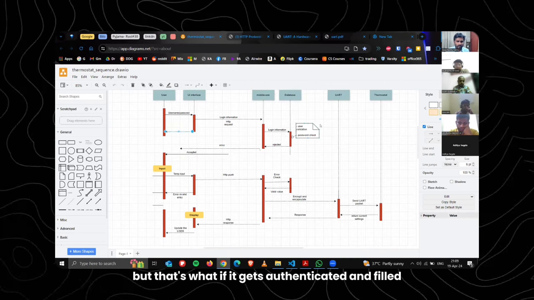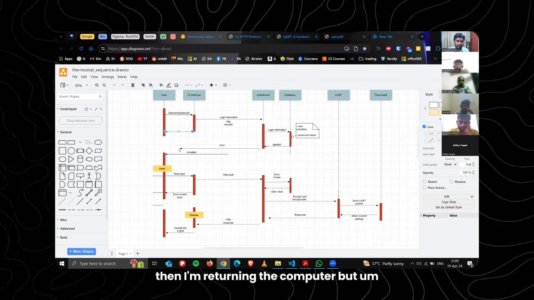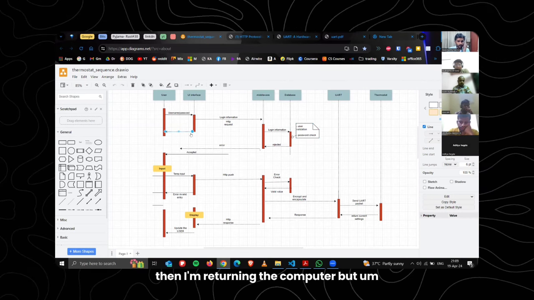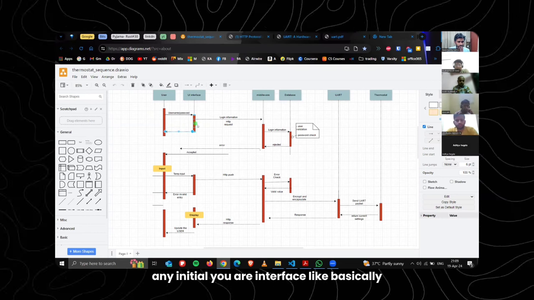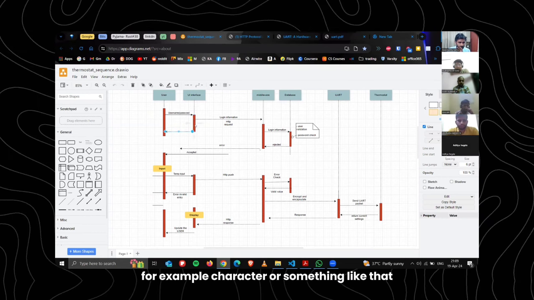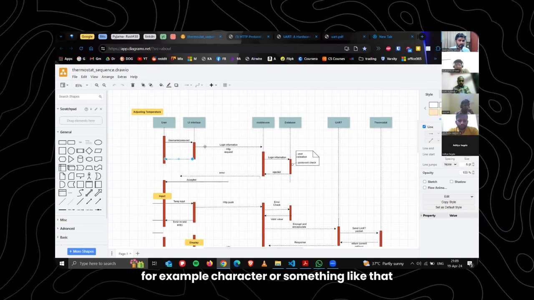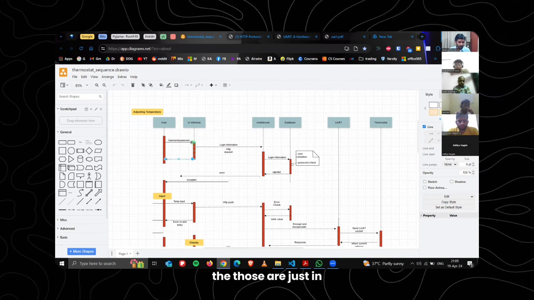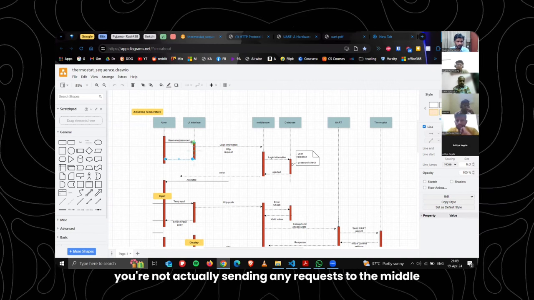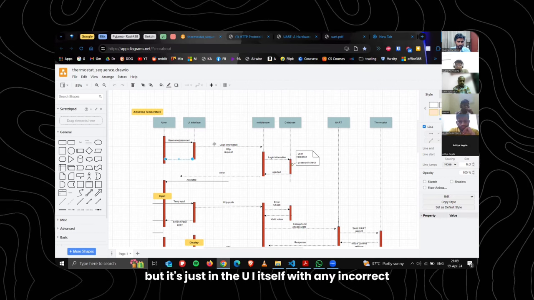But if it gets authenticated and fails, then I'm returning the complete error. But for any initial UI check, for example, if you enter numerals instead of a name, you're not actually sending any request to the middleware; it's just in the UI itself.